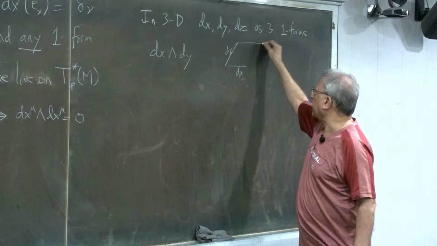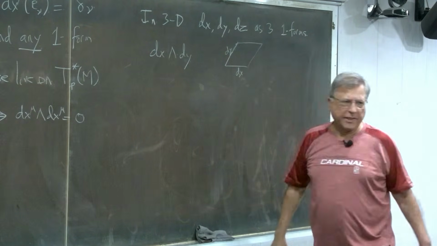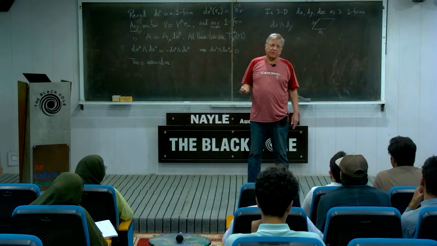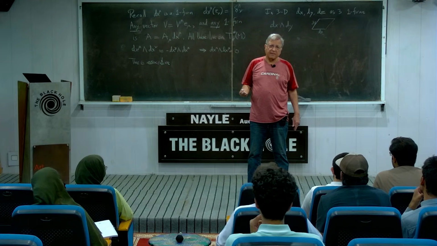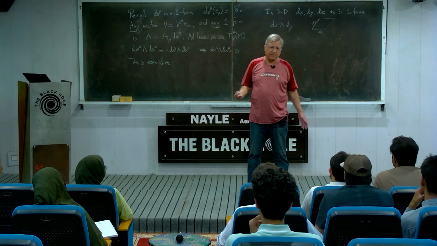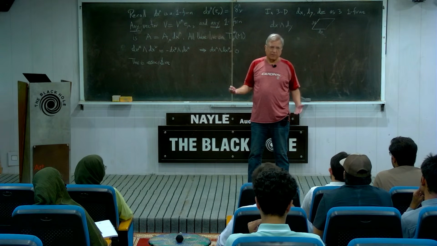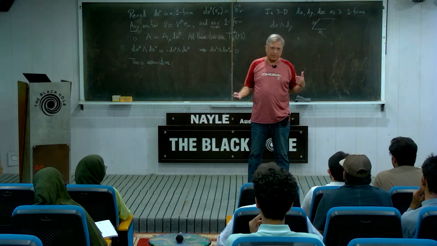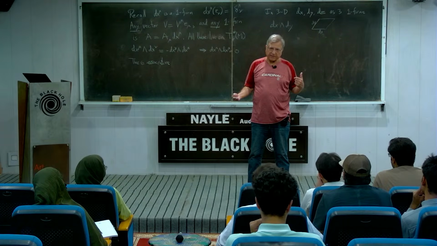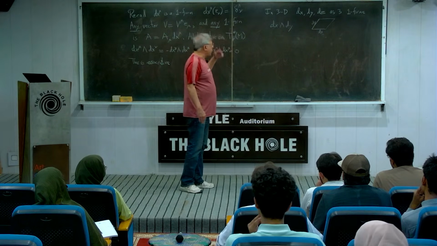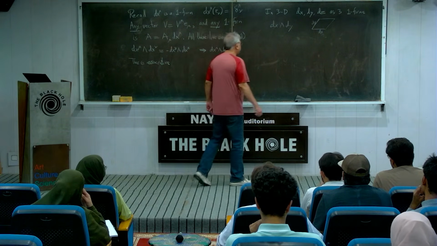So it's the area of this, and it has a direction. You know that area is not a scalar, it has a direction. It can point this way, one way, or the other way, that is perpendicular, in the z direction in this case. The importance of this is that when we